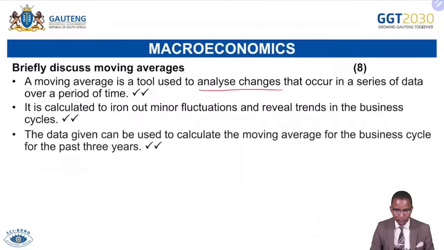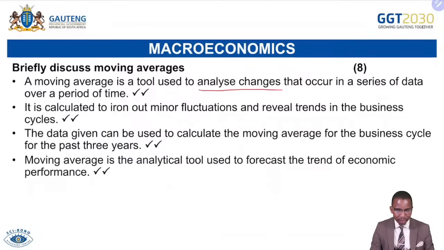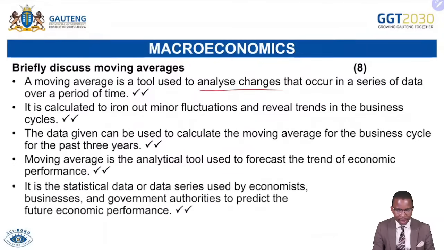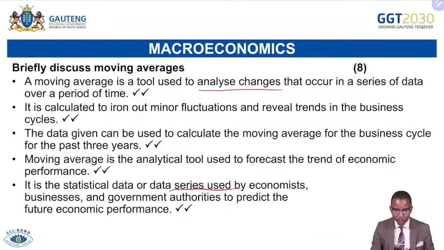The data given can be used to calculate moving averages for the business cycle for the past 3 years. It can even be for 7 years or 6 years. It depends on the question that is being asked to you. Others will ask you to calculate for months. So there must be flexibility here. Moving average is the analytical tool used to forecast the trends of economic performance. And then also it is the statistical data or data series used by economists, businesses, and government authorities to predict